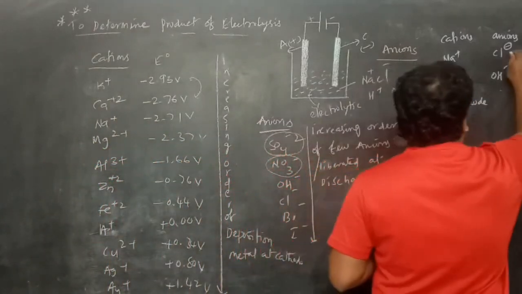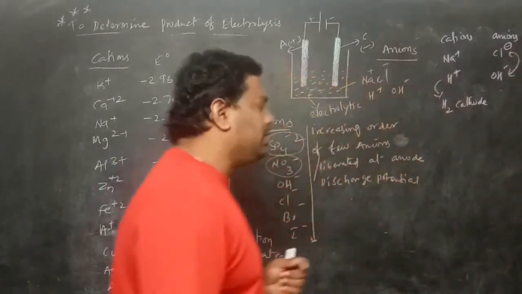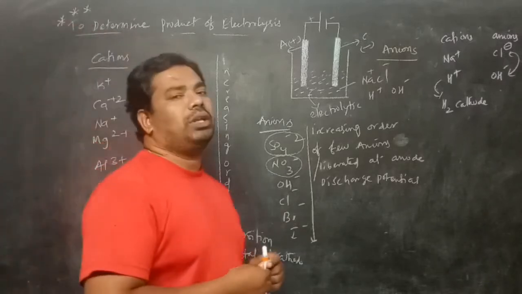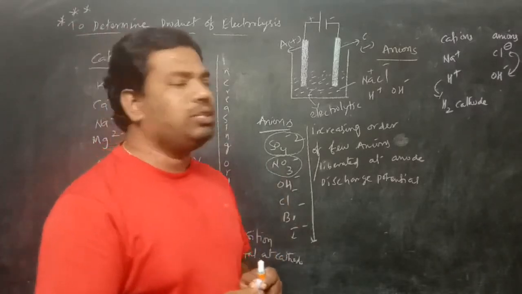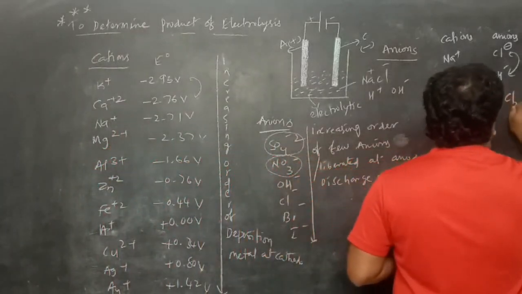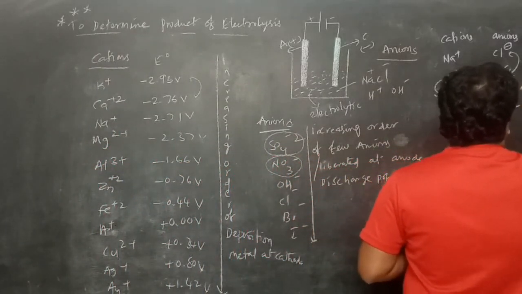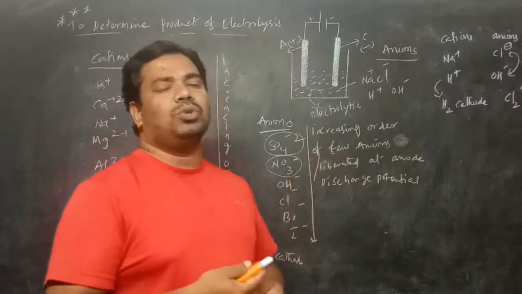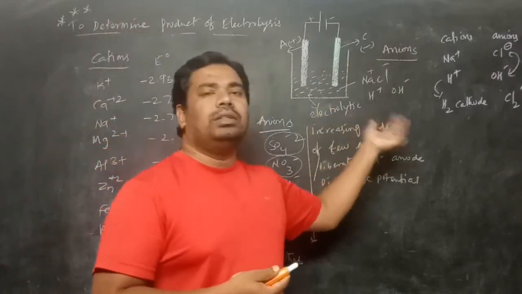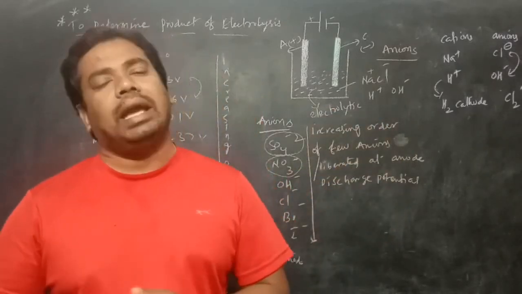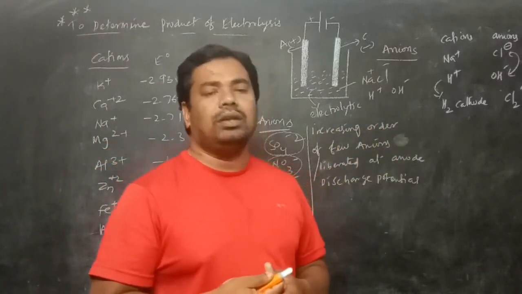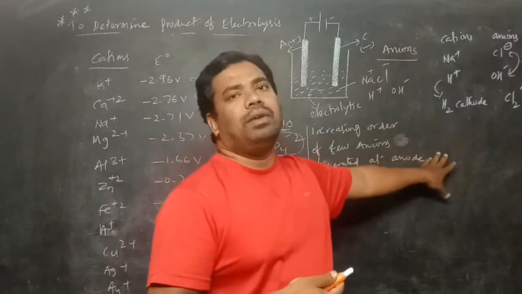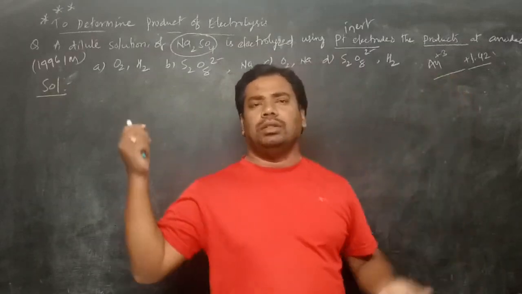And also we know very well about Cl- and OH-. Cl- is more easily discharged, so the Cl- discharge potential is greater than the OH- ion. Therefore Cl2 is liberated at the anode. This is very important. So if the solution is sodium chloride solution, hydrogen gas is liberated at the cathode and chlorine gas is liberated at the anode. This is very important. So a small mistake in that cation